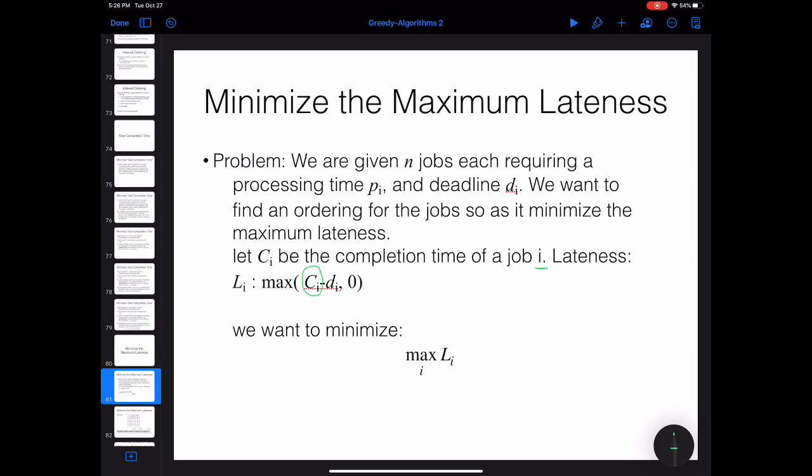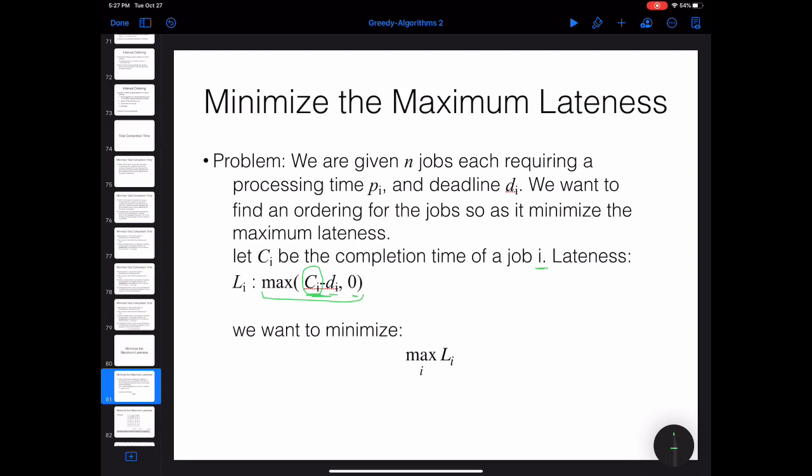You finish job I at time CI. If it is after the deadline, it means that you have some lateness, right? So that's why I write the formula as the maximum of CI minus DI and 0. If you complete the job before the deadline, this is going to be negative,